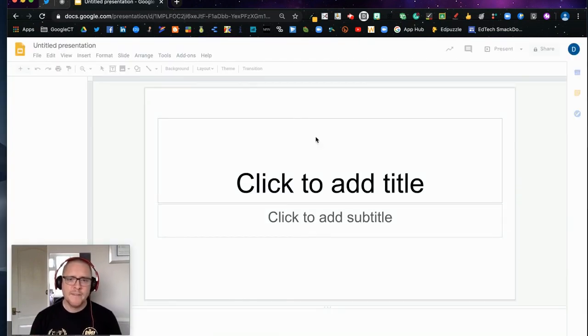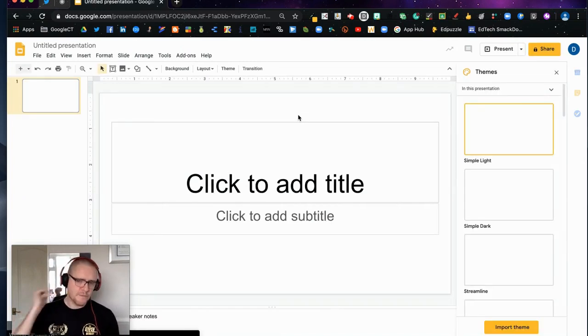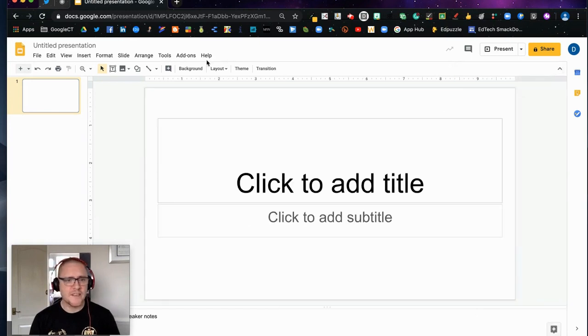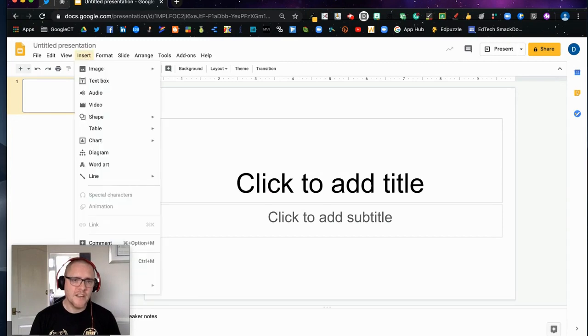Okay. Now, I might want to add all sorts of bits and pieces to this slide, and I might want to choose a theme and everything else. But the main thing I might want to do is add a video. Now, you can just add a video in quite easily, but you can also do some quite nice things with it. So, for example, one of the things I like to do is I come up here to Insert